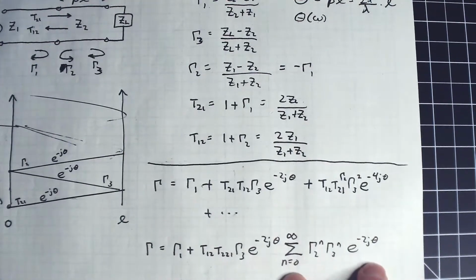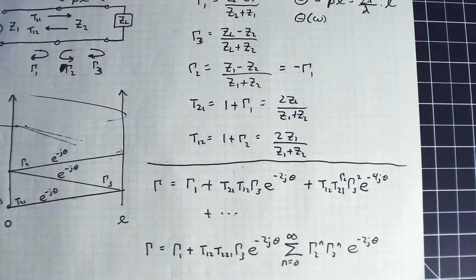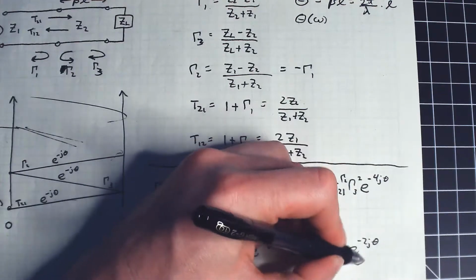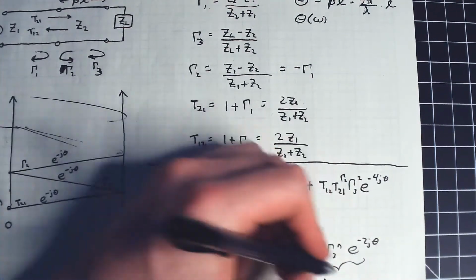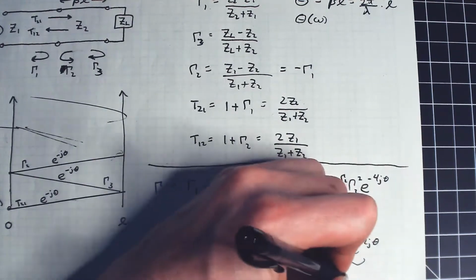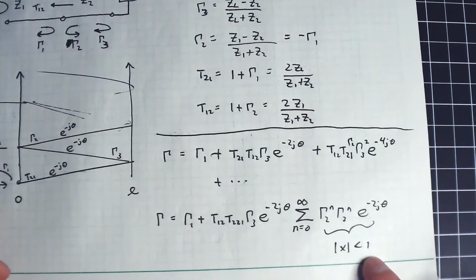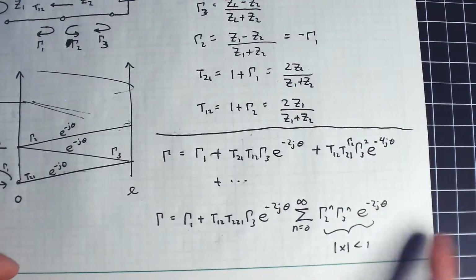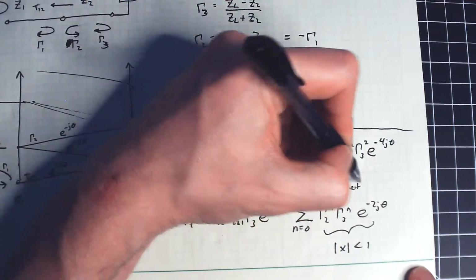And this guy in particular is very special because this is a geometric series. So this term here, everything in here has a magnitude less than 1. So magnitude of x less than 1. There we go. So what that means is this geometric series will converge. So write this out. Geometric